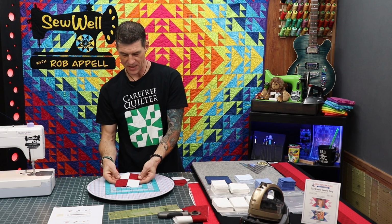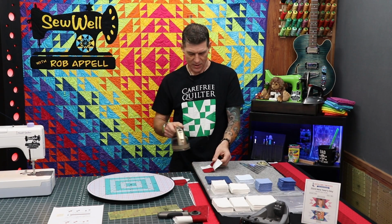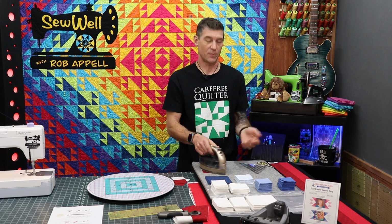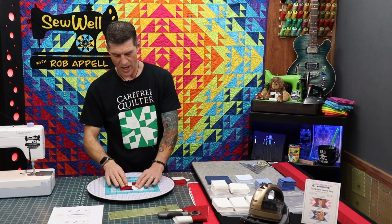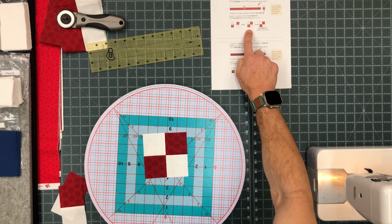So you can see how nice that looks. Now the situation, though, as we come into our pressing area, is it's going to basically press to one side. I'm not going to be able to press it dark sides because I have a checkerboard. But this is the unit we're going for right here as we go through, and of both of our pieces